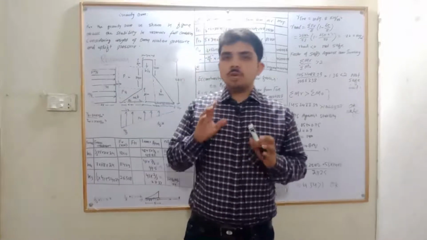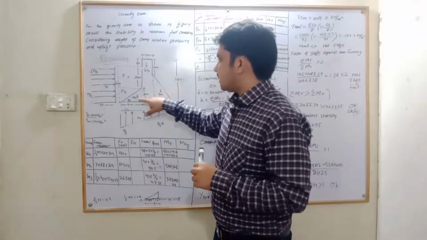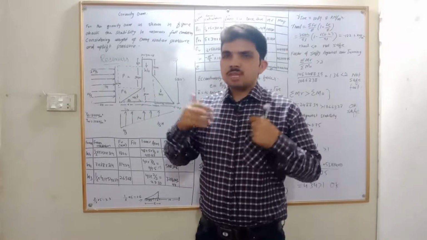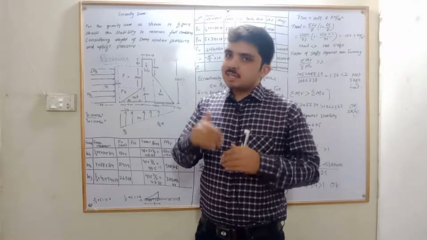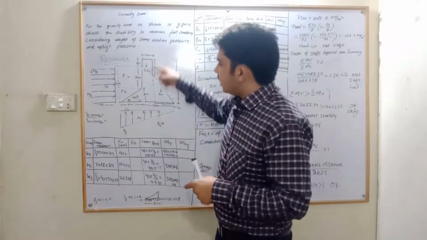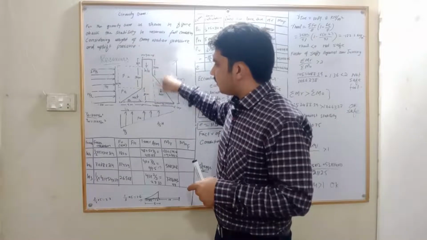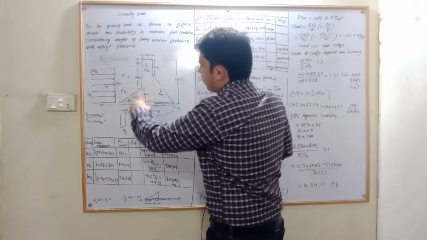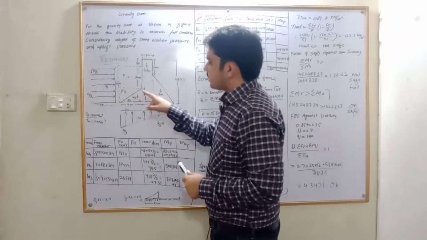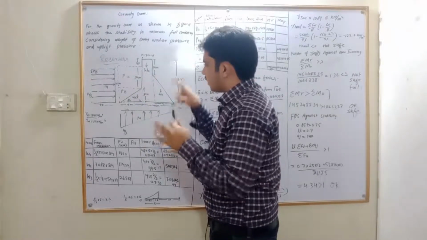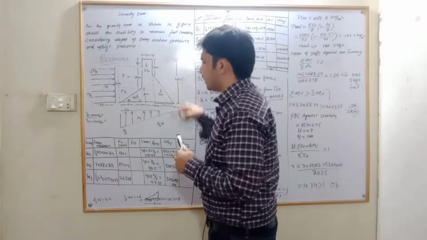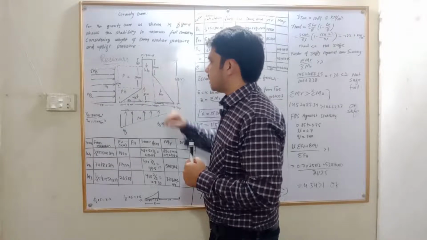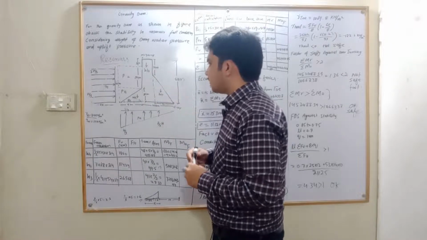Now I am going to explain these terms. So this is the irregular area. For an irregular area it is very difficult to find the area, so for ease of calculation we will divide this dam area into different portions. In this dam I have provided 3 sections. Section number 1 is triangular, section number 2 is rectangular, and section number 3 is again triangular. The first triangle is named W1, the second rectangle is W2, and the third one is W3,